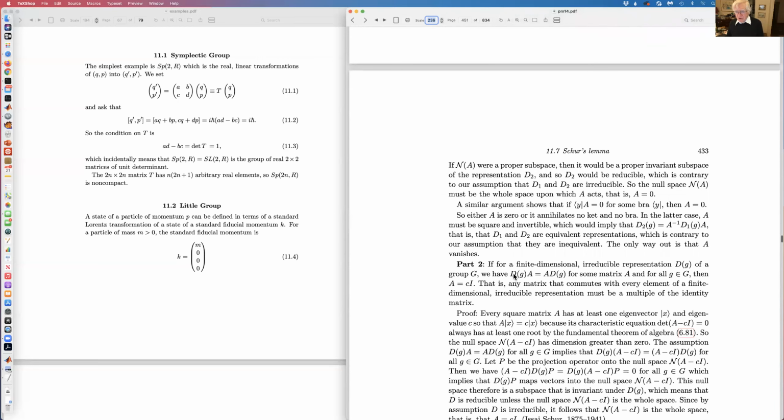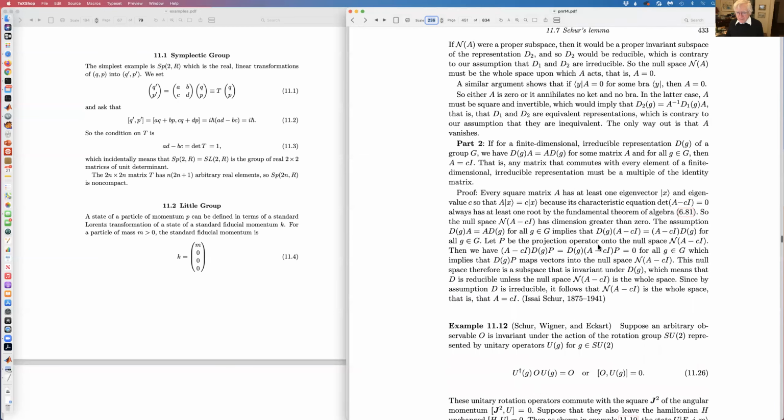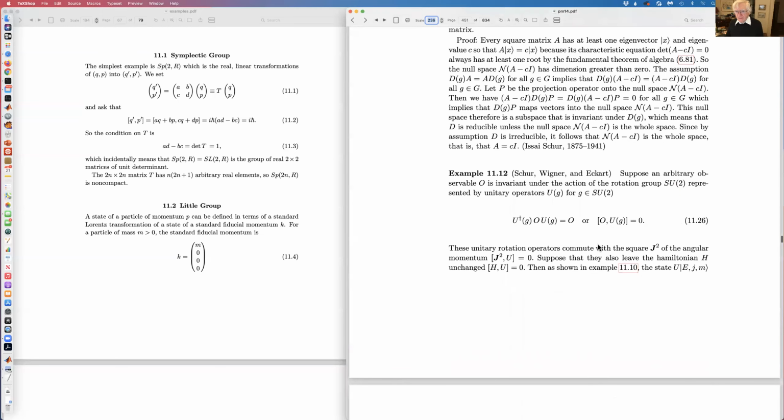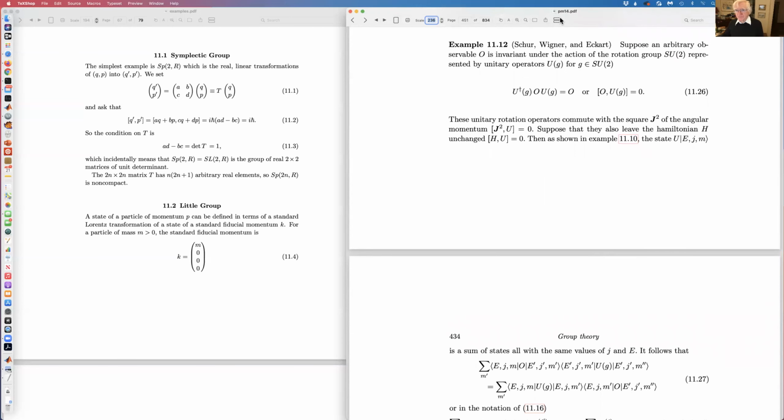Let me go now to part 2. Part 2 is: for a finite dimensional irreducible representation D of a group G, if we have D(G) A is equal to A D(G) for some matrix A and all G in the group, then A is a multiple of the identity. That is to say, any matrix that commutes with every element of a finite dimensional irreducible representation must be a multiple of the identity matrix. And so once again, I'm going to skip the proof and just go to the